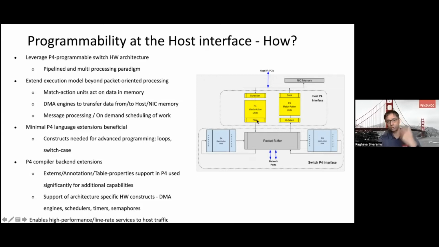Let's start with the host in the network direction, where the host data or the work is indicated as part of an event scheduler, where you trigger or notify the SmartNIC from the host, typically from a driver interface, where you say there is work or some data to be transmitted or received, and you notify the event as a scheduler event. And for that scheduler event, you can have an architecture like a queue-based scheduler, where you can identify or classify the work or the messages that come from the host into different queues,